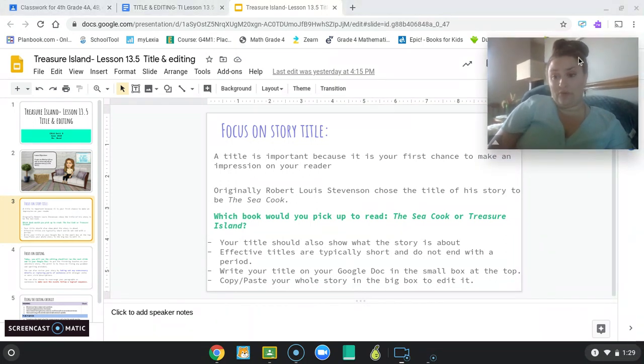So the story that we've been reading, Treasure Island, originally the author was going to call this story The Sea Cook. So think about, which book would you rather read, The Sea Cook or Treasure Island? Me personally, I would rather read Treasure Island. It sounds more interesting. Like The Sea Cook, I don't know, who's a sea cook? It sounds like I'm going to read about some old man who is on a boat cooking all the time. We know the sea cook is obviously Long John Silver,